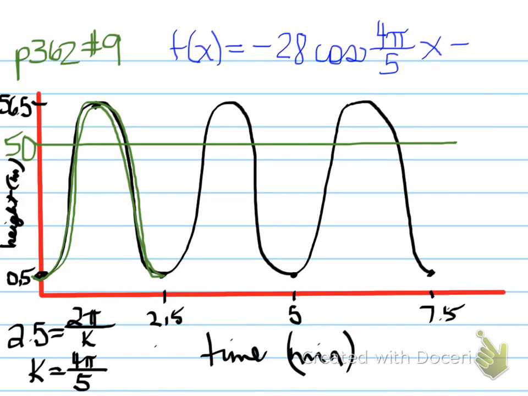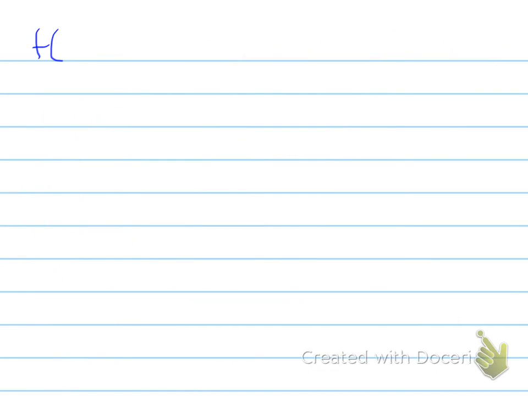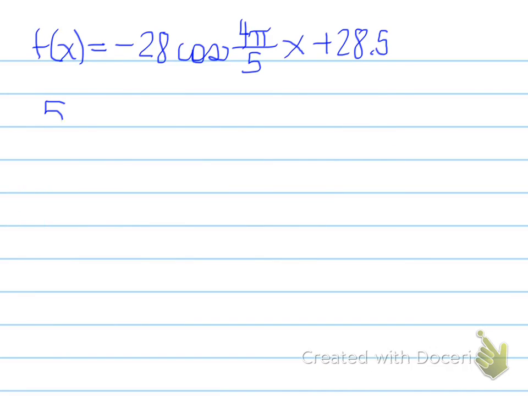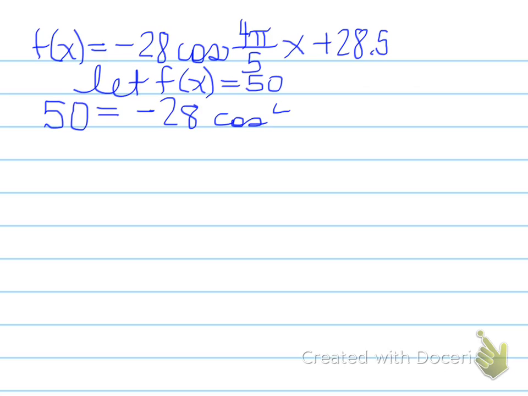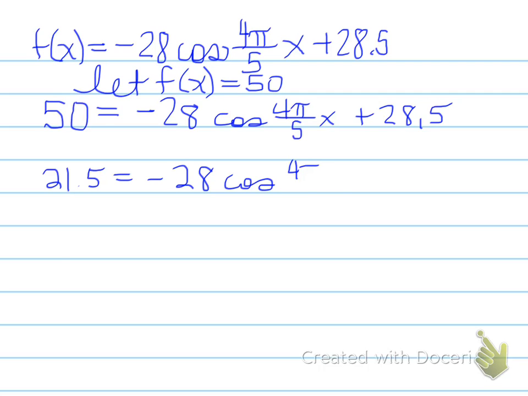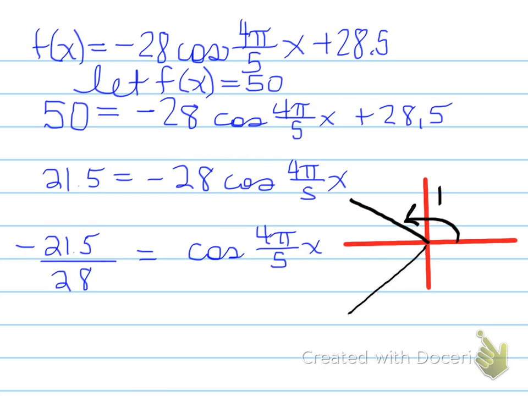And then you have to know the equation of the axis. For the equation of the axis, you take this value, 56.5, add 0.5, and then divide by 2, which is 28.5. Now, the question asks, at what times do you see the Niagara Falls? So at 50 meters is the height, so it matches the height. So we set the equation, let f of x equal 50, and find the value for when the function reaches 50. So we isolate by moving the 28.5 over, divide by negative 28,